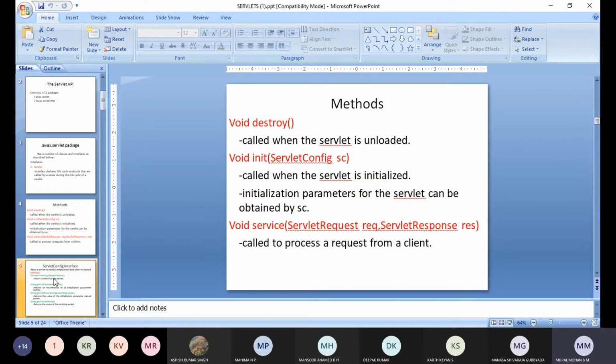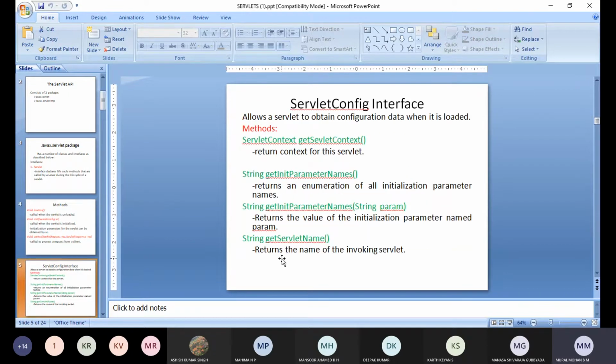Okay. Next, the ServletConfig interface. So this is the second interface we are seeing inside the javax.servlet package, which allows a servlet to obtain configuration data whenever it is loaded. Okay.